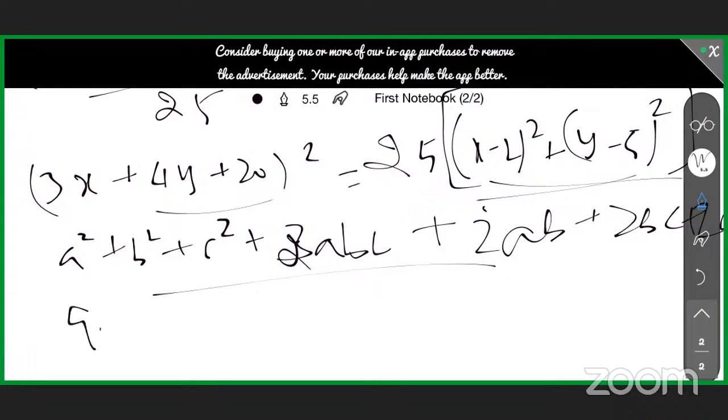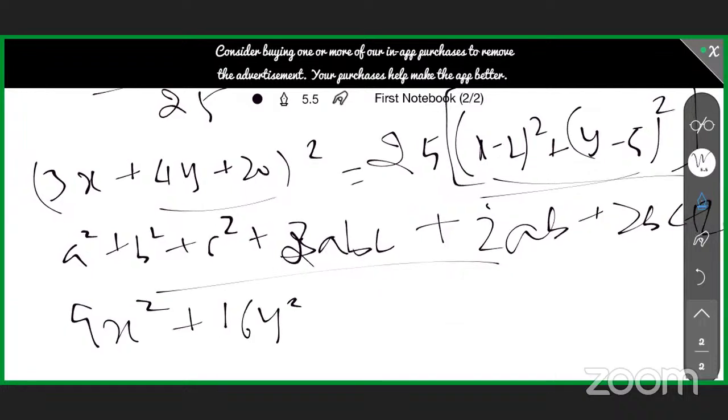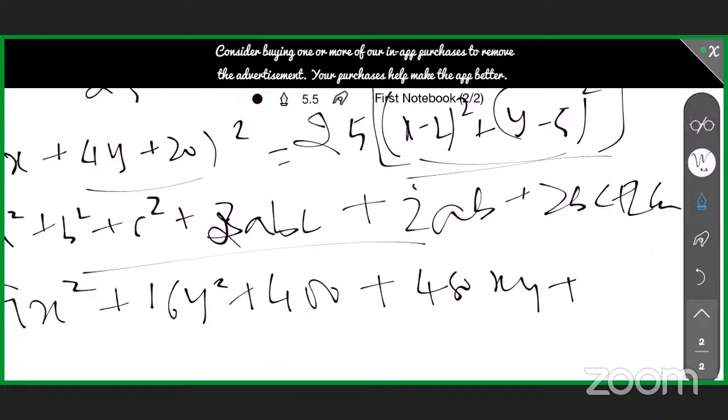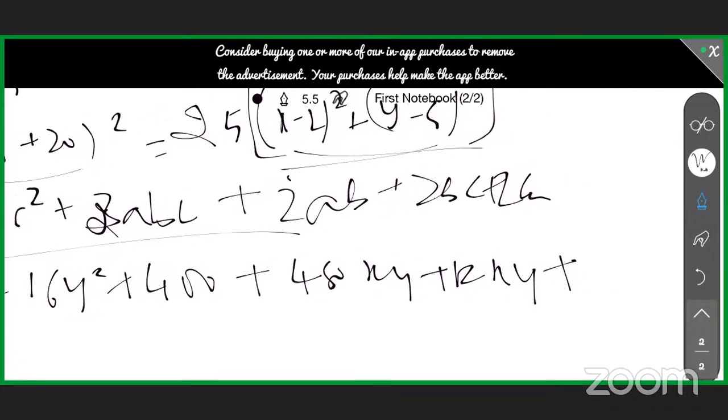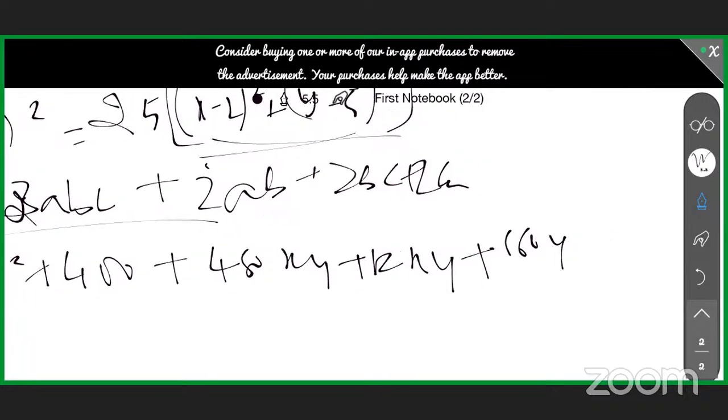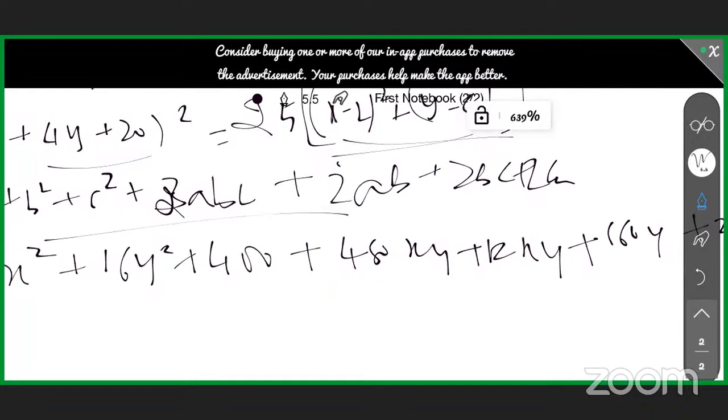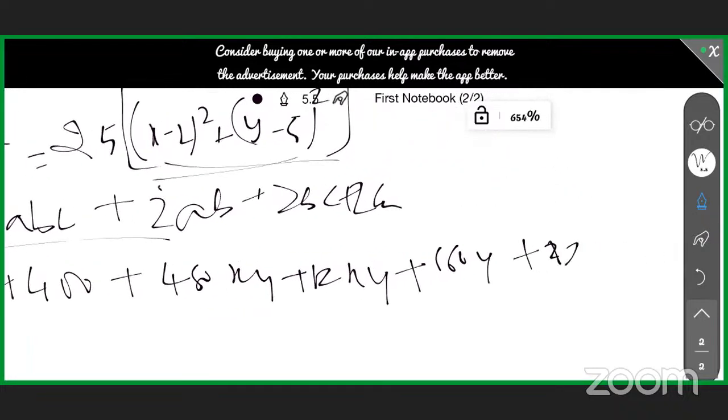So it will give me 9x square plus B square, which is 16y square, plus C square, which is 400, plus 2ABC will be 3 4s are 12, 12 into 20 is 240, 240 into 3 is 480xy, plus 2AB, that is 12xy, plus 2BC, 4 2s are 8, 80, 160y, plus 2CA, plus 2 into 20 plus C, so that is 120x, is equal to